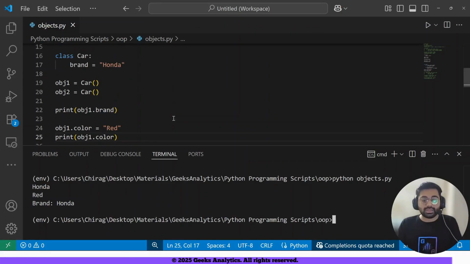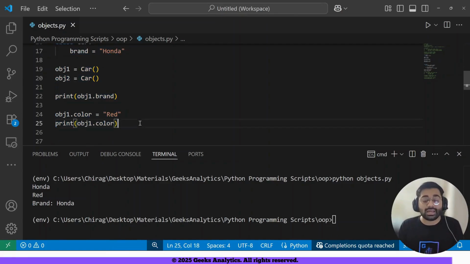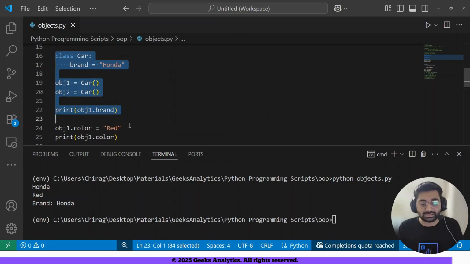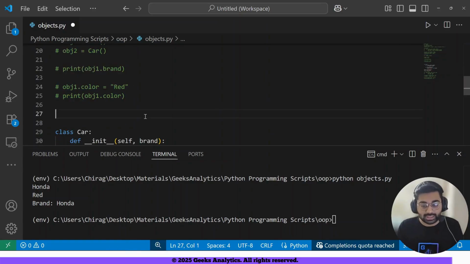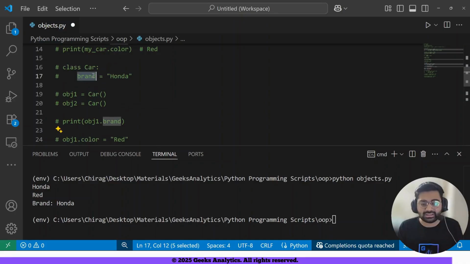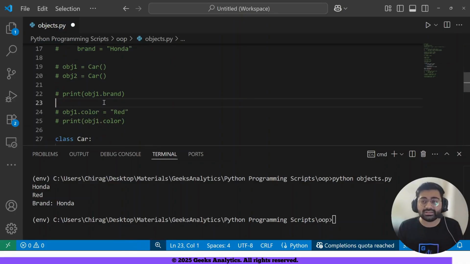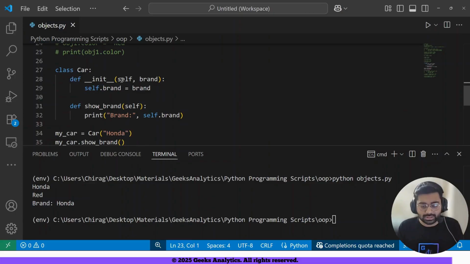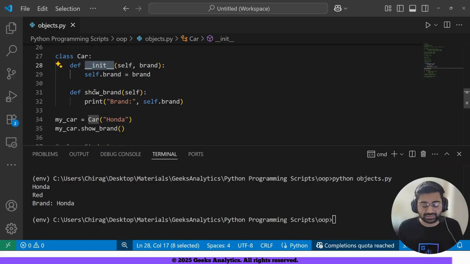Now here you might still think, why can we not use something like this, and why do we need to add the initialize constructor and the self method? So the answer is, let's say right now we had a very simple functionality like creating this brand value and the color value. So let's say I created this initialize function, and let's say, thinking of a real world case,